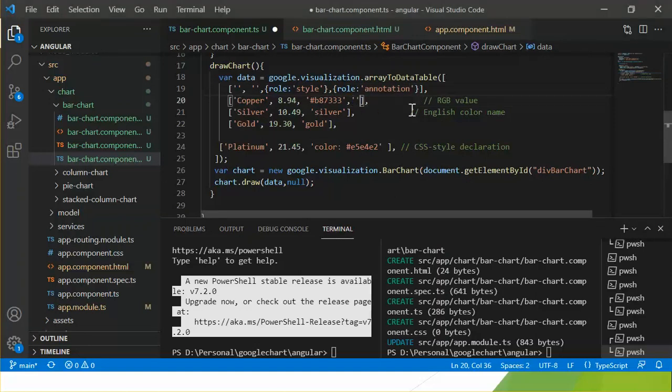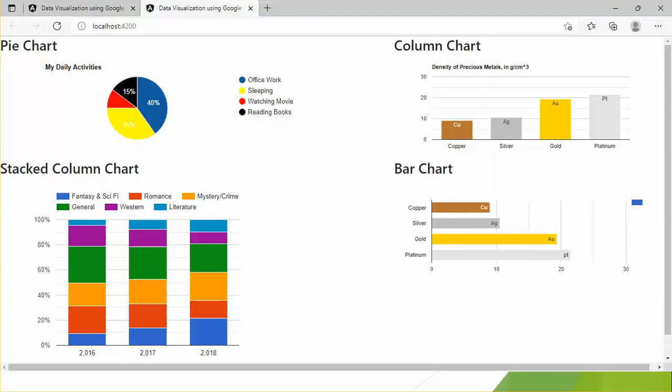So like copper is CO, this is the symbol of copper, and silver is AG, and gold is AU. Those are the chemical symbols, and platinum is PT. Let's see in the browser. Yeah, we can see the label of each bar.